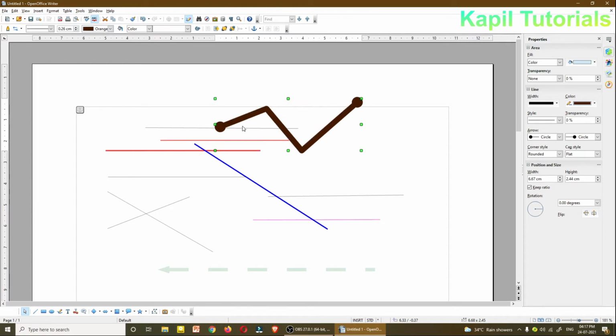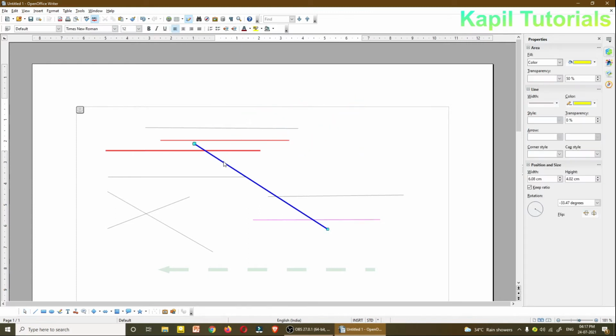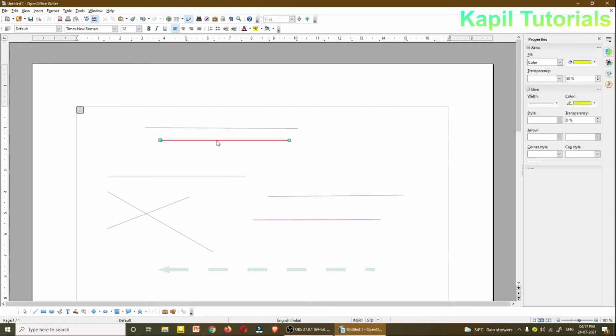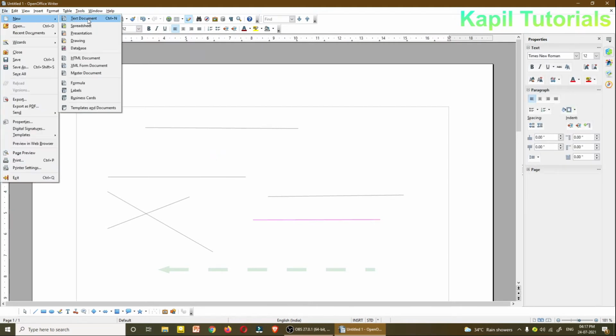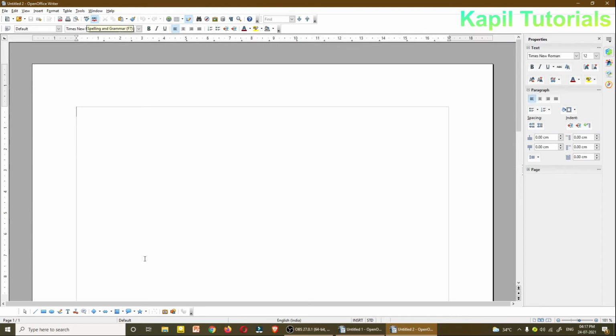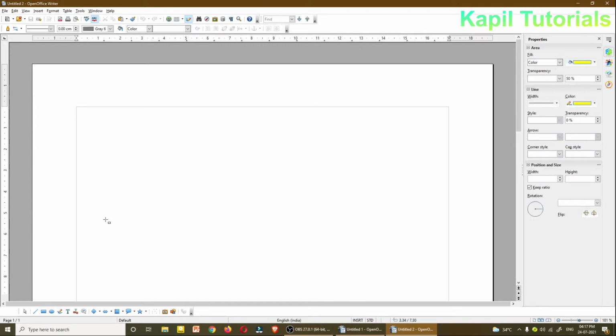Now I'm deleting this. I'll take some other one, or simply I'll take a new document and some new shape. I'll be taking, suppose, a rectangle. Although it is a rectangle, we can make a square also with this.